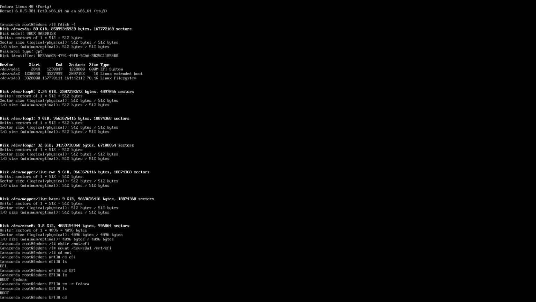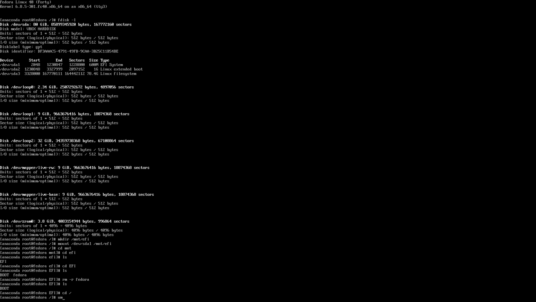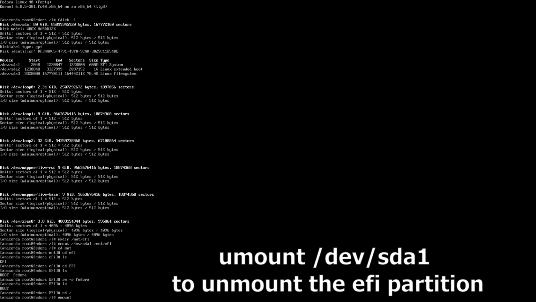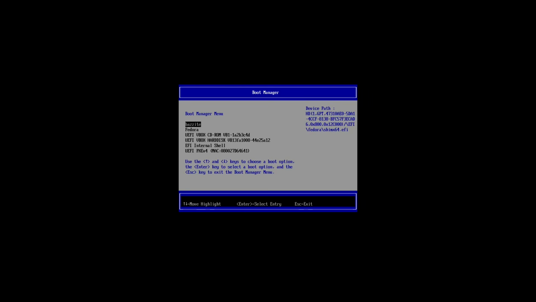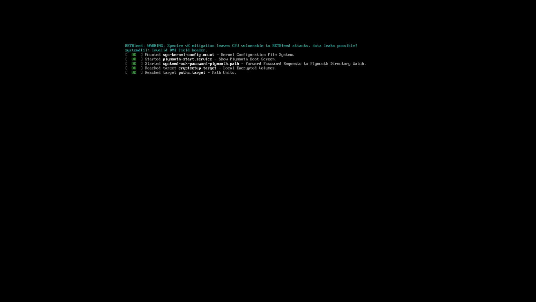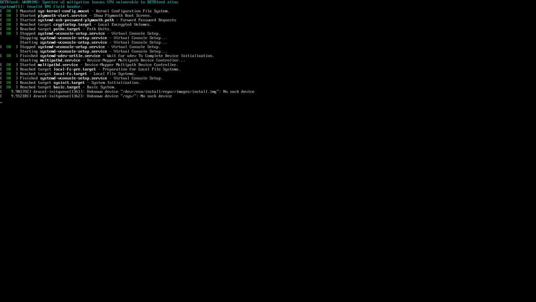We're going to go back to the root, and we're going to type umount /dev/sda1. Now we've unmounted. We can now proceed with the reinstall, so we're going to type reboot. I'm just going to mash my escape key and boot via CD-ROM again. In this case, I'm actually going to install Fedora Budgie, which is also another Atomic desktop, but it has the